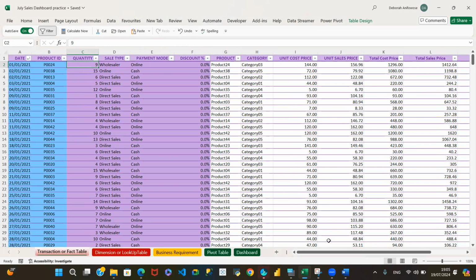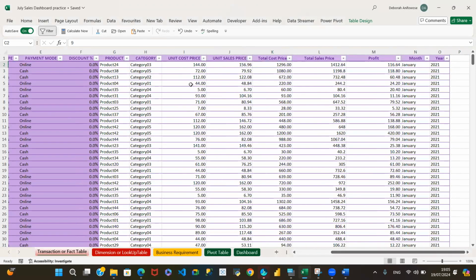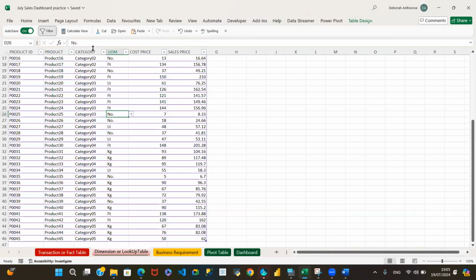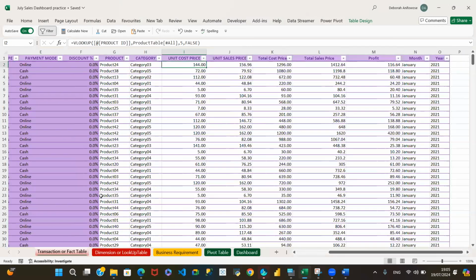That's right. And then we multiplied quantity by unit sales. And we brought this unit cost and unit sales. Each one of those columns we brought from here, these ones, this cost price and sales price. That's what we renamed as unit